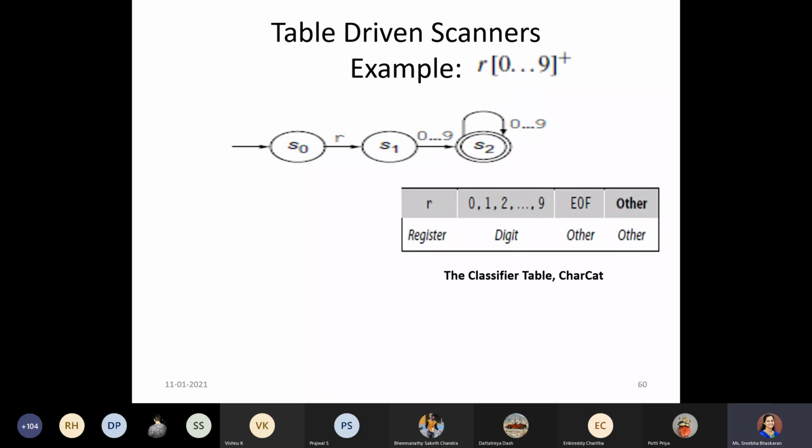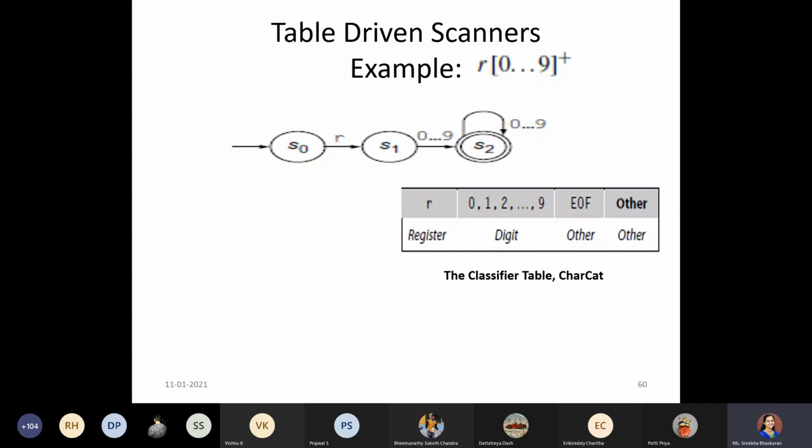The first table we will generate is the classifier. First, we identify the groups of characters we will come across and name them. Instead of 0, 1, 2, 3, we categorize with the classifier table.